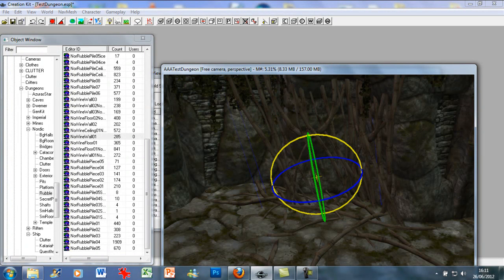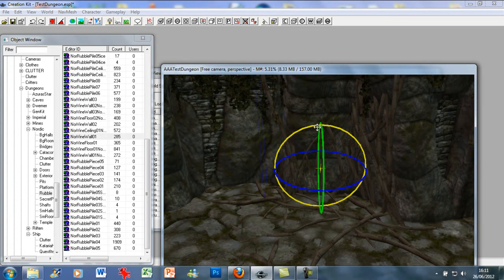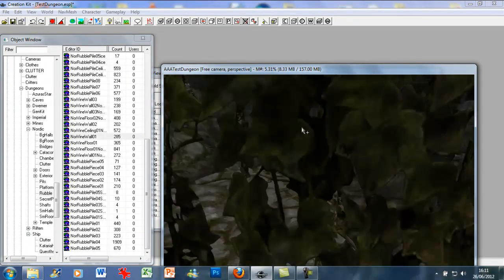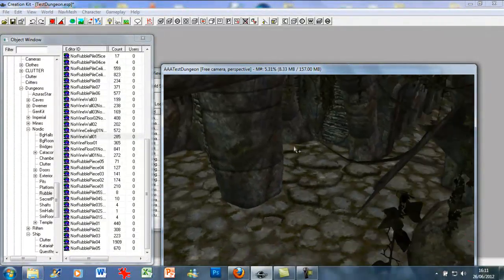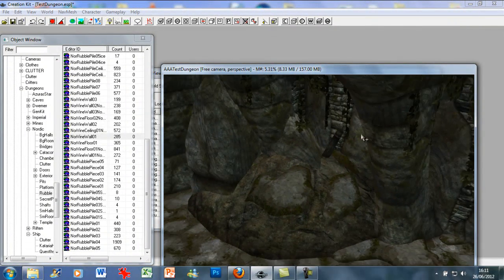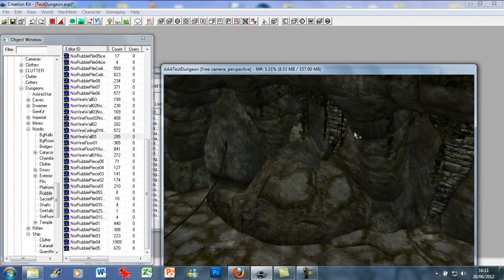Ooh, come on, it's a bit sensitive. Right, there you go. Just bring it diagonally a bit. I know the lighting doesn't look too good, everything's bright, but we'll go through that in the next tutorial. Once I'm done with this dungeon, I'll upload it, hopefully fully cluttered, and